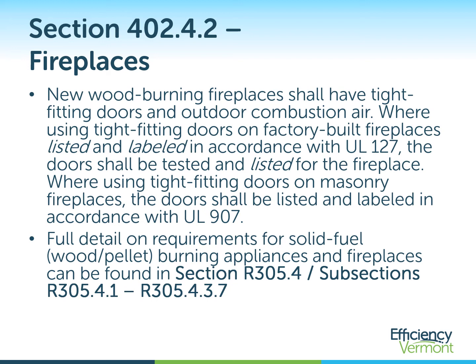Referring back to Section 305, which covers combustion safety, any building built to meet the Vermont RBES standard is considered an unusually airtight building assembly, so there are specific combustion requirements that fall into play as a result of this. Essentially this means for wood burning fireplaces that airtight gasketed doors are required as well as combustion air. Full detail on these requirements and the other requirements of combustion safety can be found in Section 305 and the